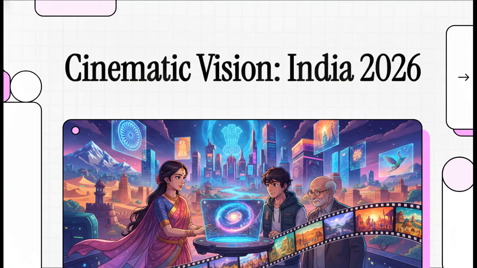Welcome to The Explainer. Today, we're unpacking something truly fascinating together. We're looking at a literal blueprint for AI storytelling to see exactly how creators are steering artificial intelligence to generate deeply emotional, culturally resonant films. Specifically, we're exploring a text-to-video prompt titled Cinematic Vision of Independent India 2026. If you've ever wondered how people are using AI to build complex, national narratives from scratch, well, you are in the exact right place. Let's get into it.